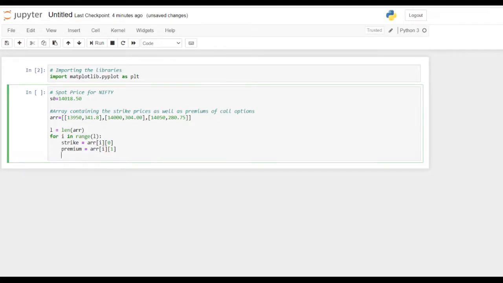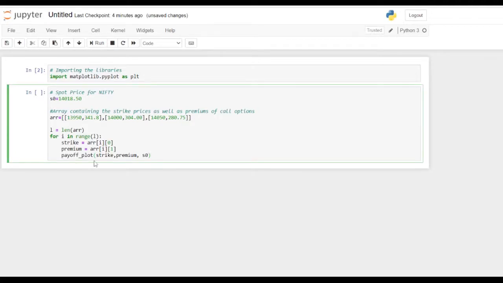Now we just need to find out the payoff plot. So it would be something like payoff plot of strike, premium, and we need the current stock price. Why do we need the current spot price? Because we want it to look good and be informative, and for that I'll show you later. You can see it in the output how it will look.